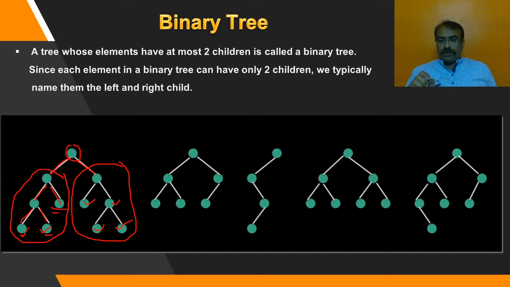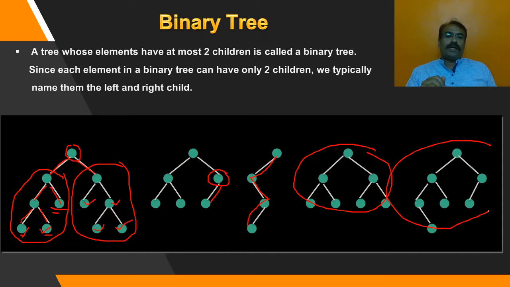Here also you can see this particular node is having only one child. Here every node is having only one child. This is having one left child, this is having a right child, this in turn has a left child. So these are various possible examples of a binary tree. The only thing we need to take care of is to follow that definition of binary tree: its nodes have at the max two children, 0, 1 or two children. So this way the arrangements are done.